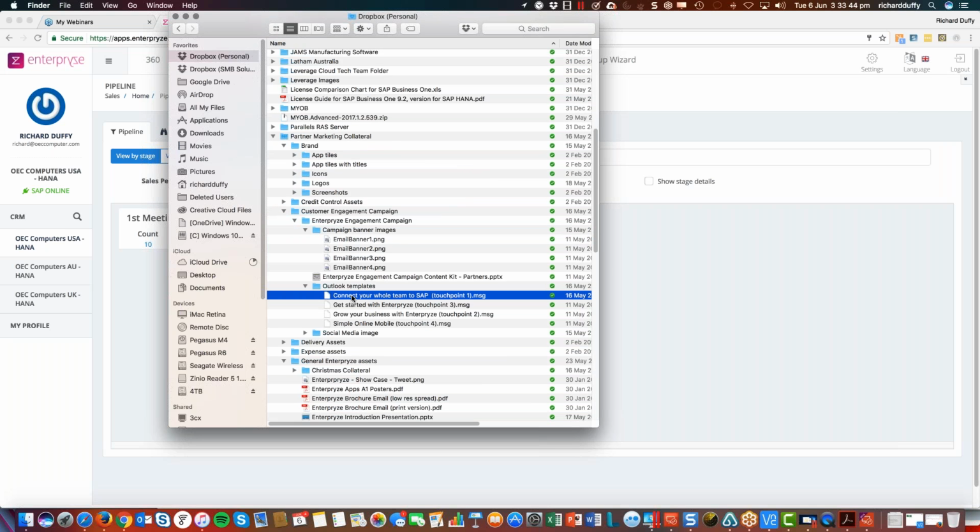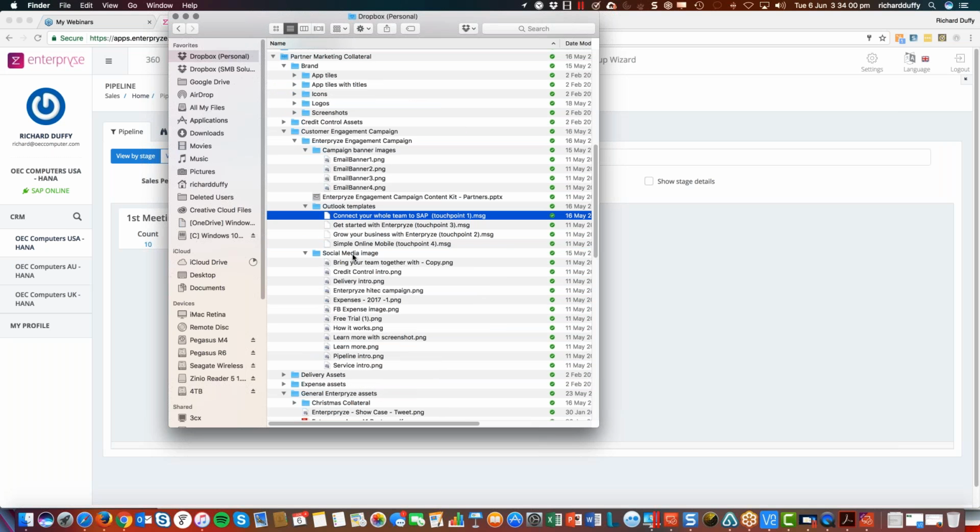So connecting your whole team to SAP, getting started with Enterprise, growing your business with Enterprise, and then focusing on that simple online mobile message. You can take all of those and utilize those yourself. Then, of course, we have a number of these social media images so that if you want to, you can start using these in your social media campaigns,